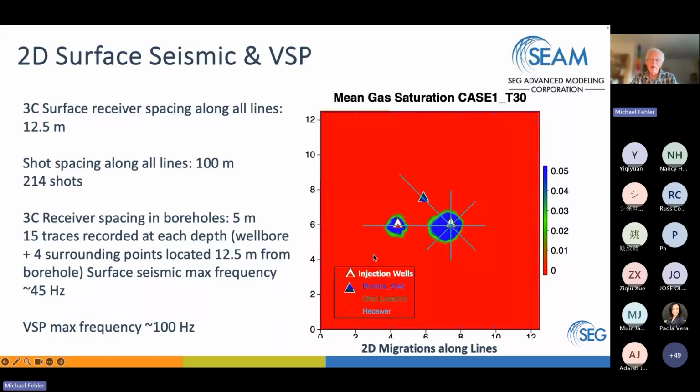We did 2 simulations of these shots and receivers, one at 45 hertz and one at 100 hertz. The 100 hertz was aimed at the VSP data, but we in fact collected both surface and VSP data for all of these simulations. So those data are available. But the idea was you could do a sequence of walkaway VSPs from these wells or 2D imaging along these lines. And I'm going to show you a 2D image along this line, both from the 3D data and from just the single line of shots.